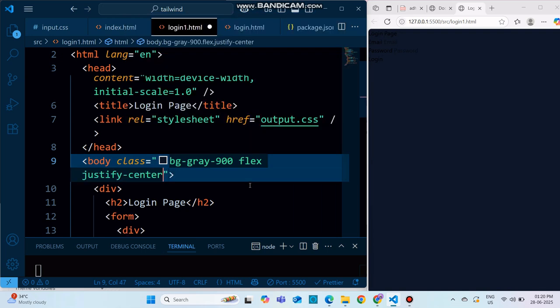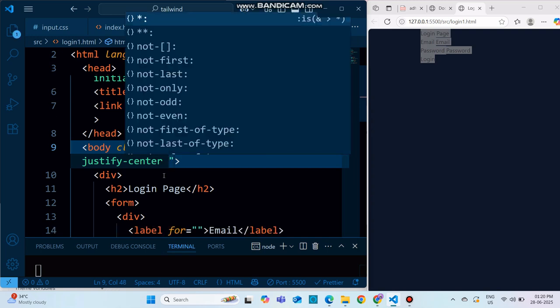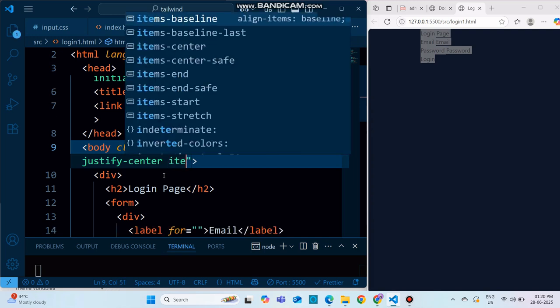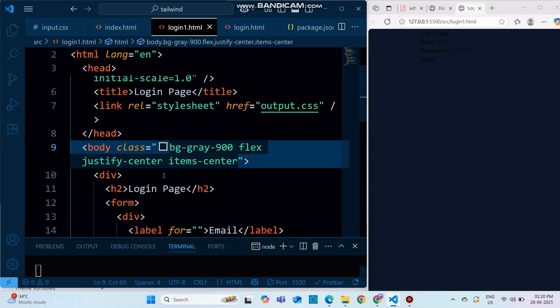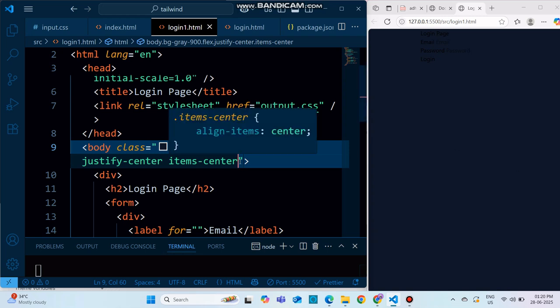Let's see. So now you see this items has come up to the center, and then if you can see this one, this has come up here, and now I want it to be in the middle. Okay, but let's do one more thing. I'm going to align the items also in the center. So item center. Okay, so nothing much, but in order to bring this contents to the middle of the screen, I'll have to write